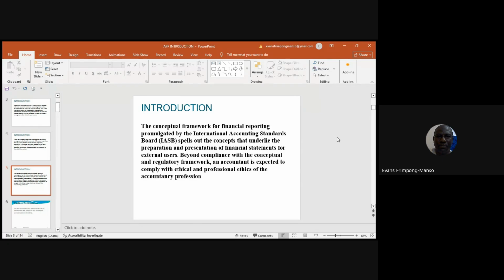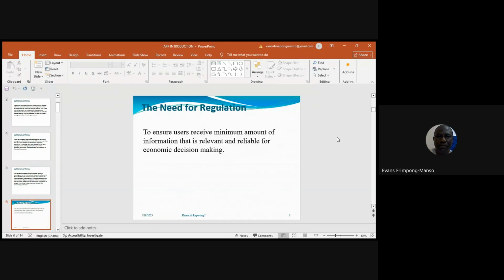Now, the next question is, why do we need to regulate how financial statements are prepared? Why do we need at all to regulate how financial statements are prepared? So the need for regulation. Why is it that we should regulate how financial statements are prepared? And the simple answer is that